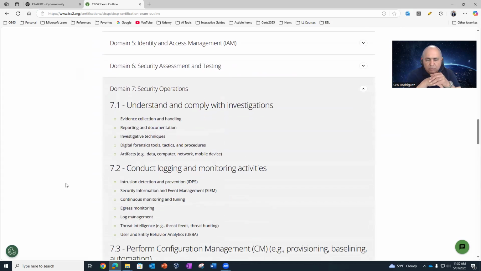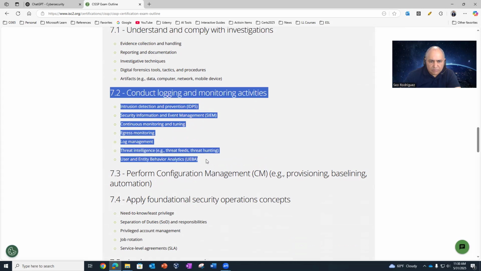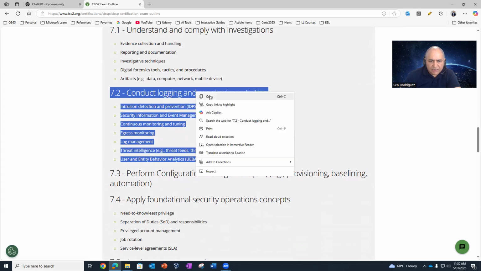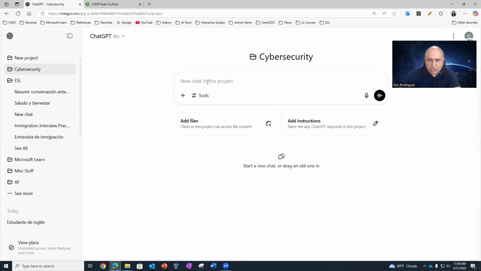As you may know, every domain is divided into objectives. So the first one is understand and comply with investigation, for example. Well, actually, let's take this objective over here. Let's copy and paste this. And so what we're going to do, let's see,